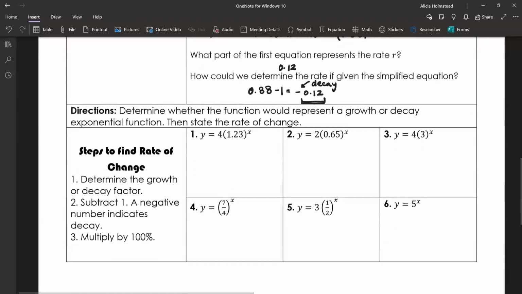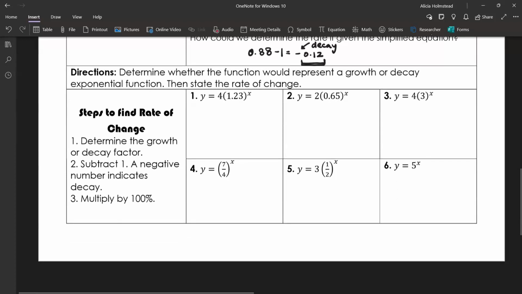Okay, so now let's do a couple more examples and put this all together. Directions: determine whether the function would represent a growth or decay exponential function, then state the rate of change. So we've got our steps over here on the left to find the rate of change. Step 1 is to determine the growth or decay factor. Step 2 is to subtract 1, remembering that a negative number indicates decay. And then we always represent rates as percents, so we need to convert our decimal back into a percent by